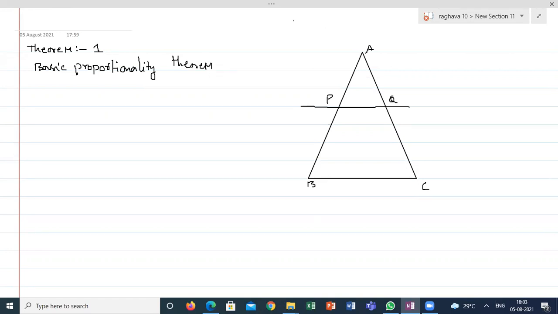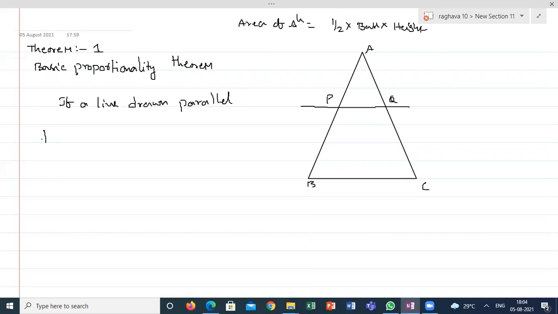For this you have to understand the area of a triangle. This is a little important: half into base into height. Keep this formula in mind to understand and prove this. The statement is: if a line is drawn parallel to one side of a triangle,